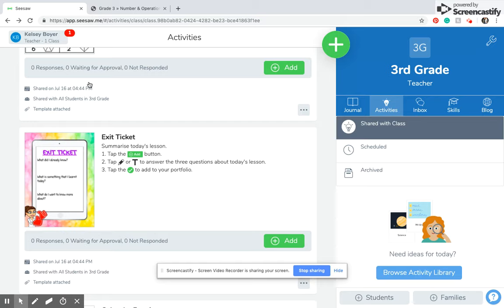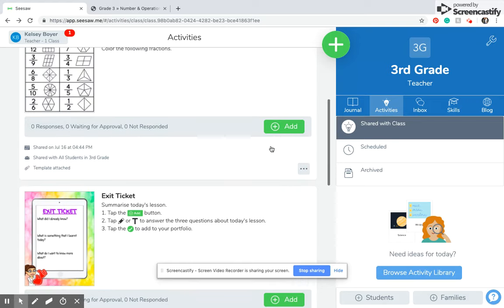So not only is this good for Common Core standards, it's also a really great way to help teachers adhere to the standards for mathematical practice. So we're going to continue on with the same standard for fractions. And for this first activity,